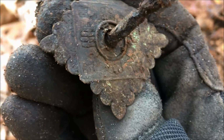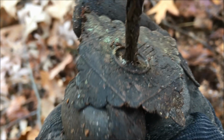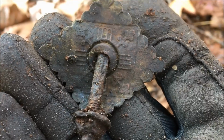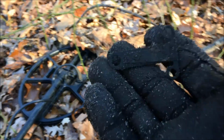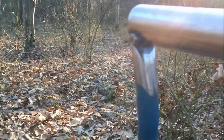I don't know what the design is. Oh, it sounded good. I will clean it up later. Don't know what it's to. But pretty cool piece. All right, I'm working my way from up there down this pit, and I just had